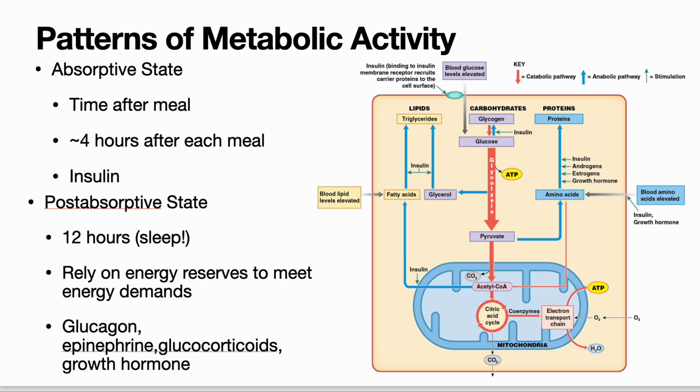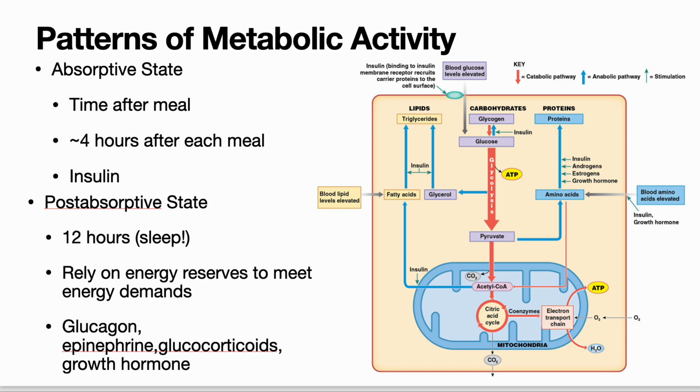If you haven't eaten recently, then you would be in the post-absorptive state, which is sort of like if you're sleeping, you're in the post-absorptive state. You probably spend at least 12 hours a day there. If you fast or you don't eat 3 meals a day, then you would spend more time in the post-absorptive state. And instead of having insulin here, we're going to have hormones like glucagon, but also epinephrine and glucocorticoids and